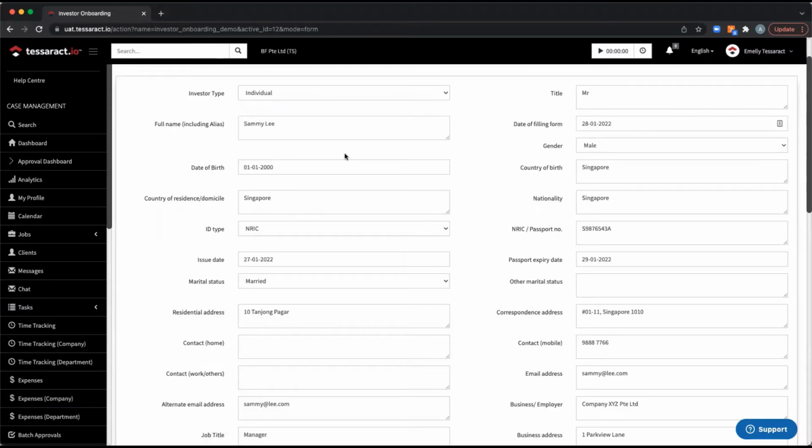When you click on Mr. Sam Lee, you'll realize that all the fields that you've populated previously is now recorded and stored on Tesseract. You could come in here and make updates. For an example, if Mr. Sammy Lee changed his residential address to 1 Sentosa Cove,